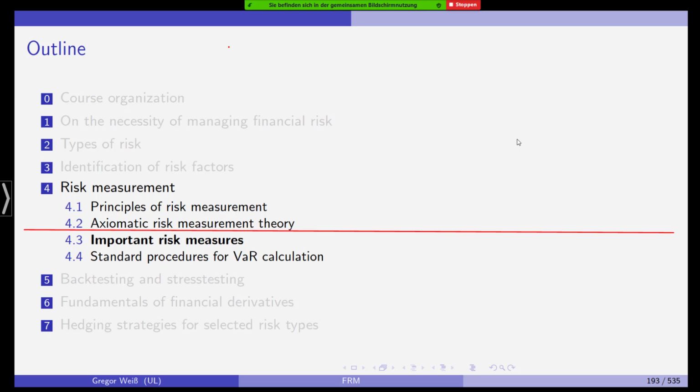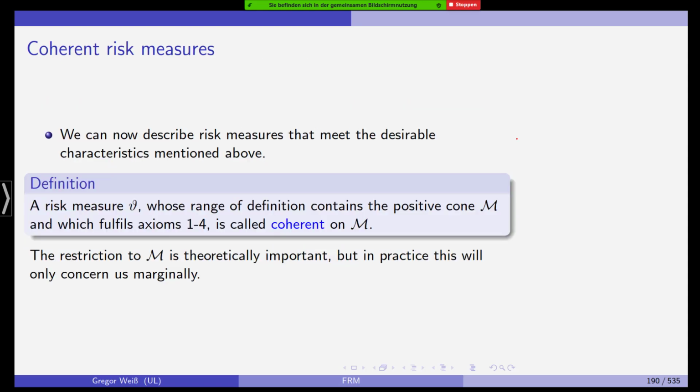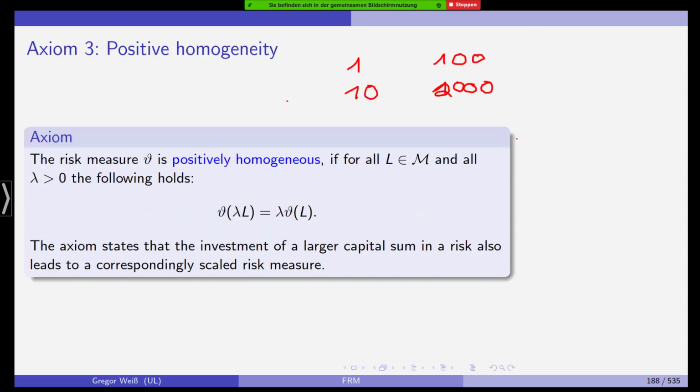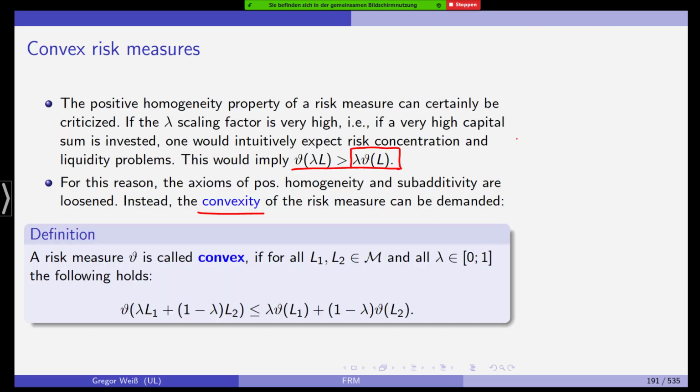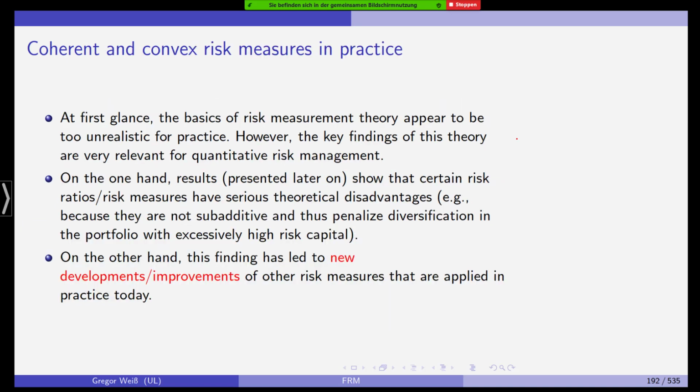And coherent measure of risk or coherent risk measure means that you have a risk measure which is formally defined as a function on the set of possible risks, possible loss distributions, and a risk measure is coherent if it is translational invariant, positive homogeneous, and subadditive. Have I missed out one? Translational invariance, positive homogeneity, subadditivity. Actually, I can just go back a couple of slides, and here you can see we have monotonicity, positive homogeneity, subadditivity, yes, and translational invariance. So if you have a risk measure that fulfills all these four properties, you get what we call a coherent